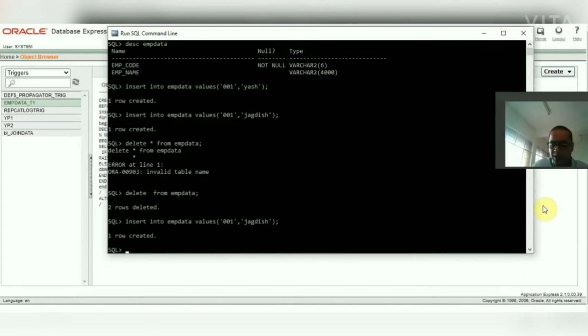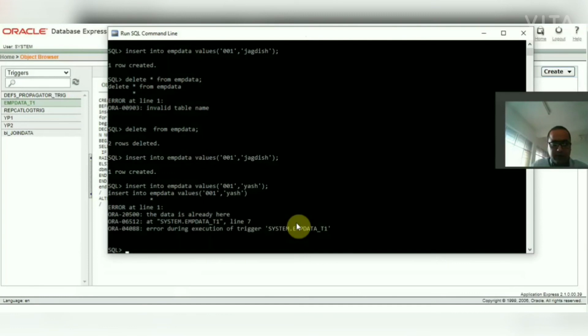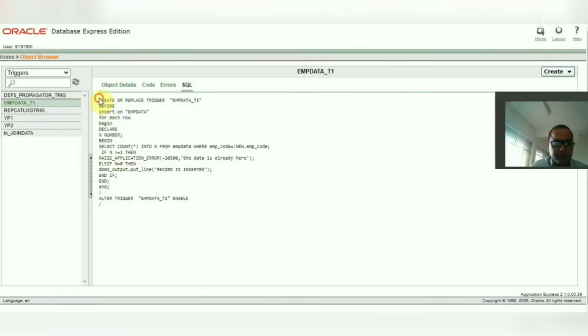As you can see, one record has been inserted, and now I will put another record with the same employee code, different name but same employee code. See what will happen. You can see the error has been generated, the data is already here, the message is also printed, and it prevents us from inserting duplicate data in a particular field.